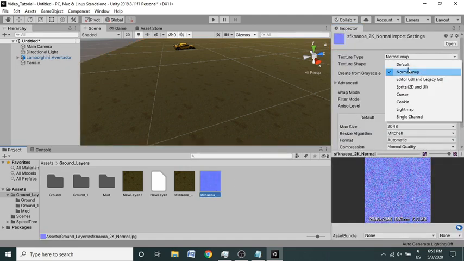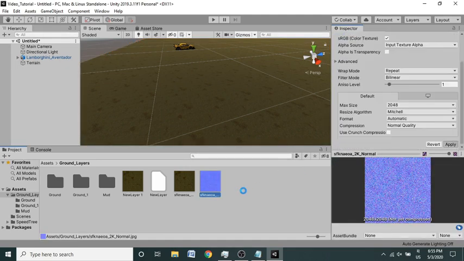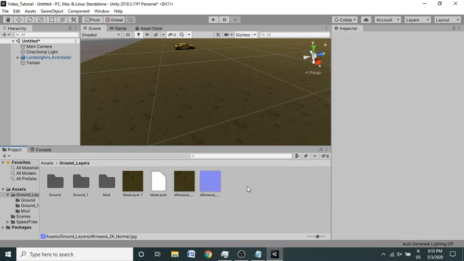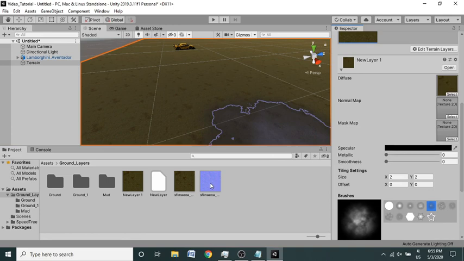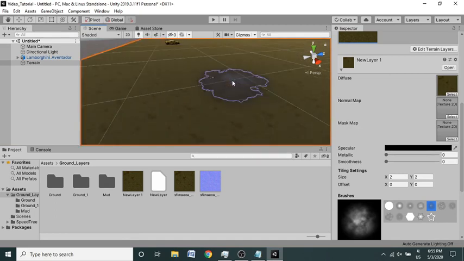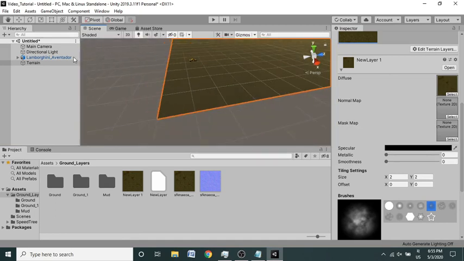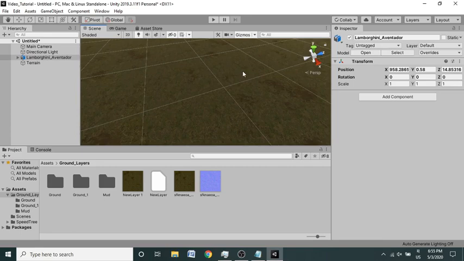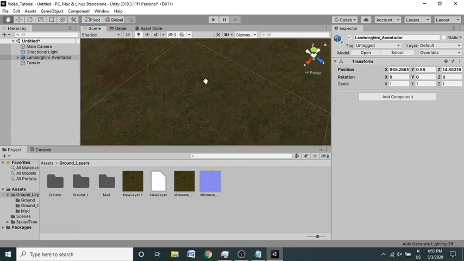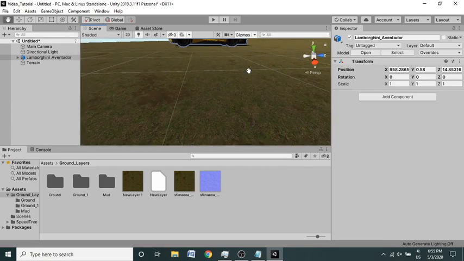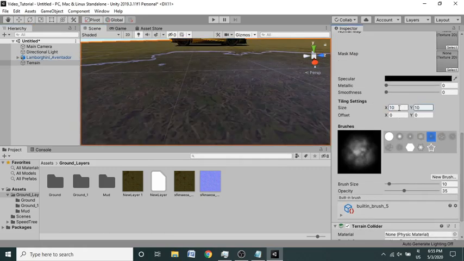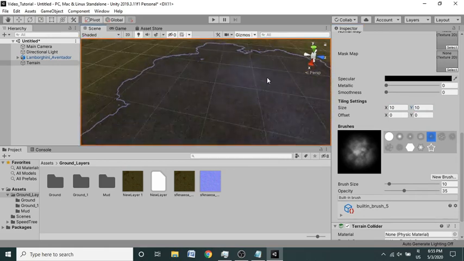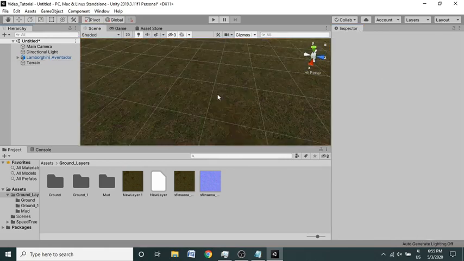By default your texture is something like this, which is applied as a default texture. This is a normal map, which looks something like this. We are using this normal map for adding a lot of detail. If you focus here, you can see that there is just a flat surface without that much detail. I think we should increase this size up to 10 by 10. Yeah, 10 by 10 should be completely fine. As you can see, there is not much detail, just a flat surface here.